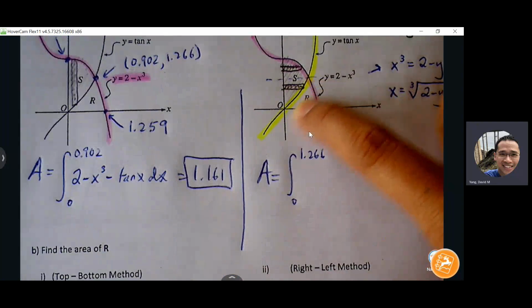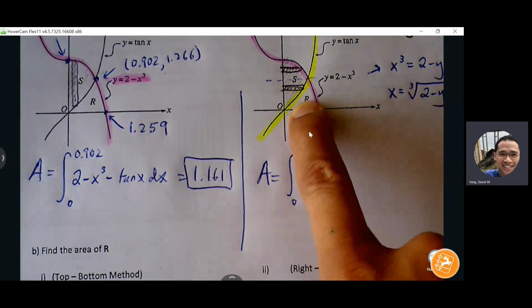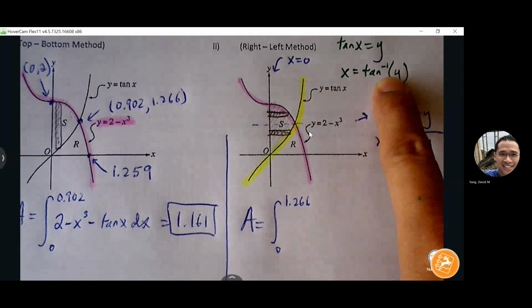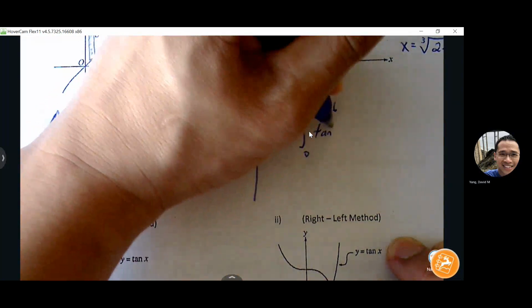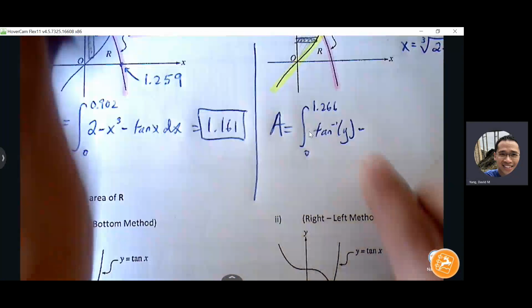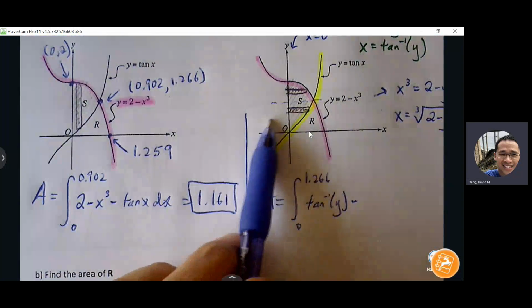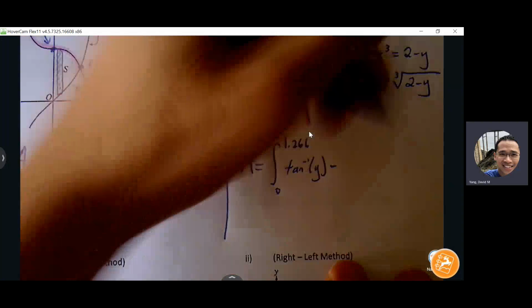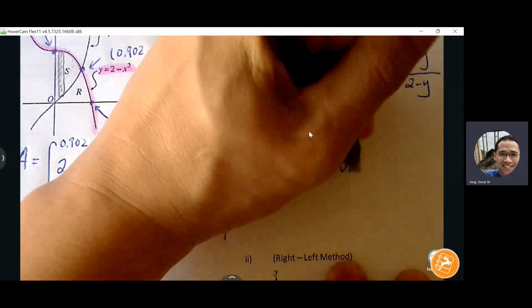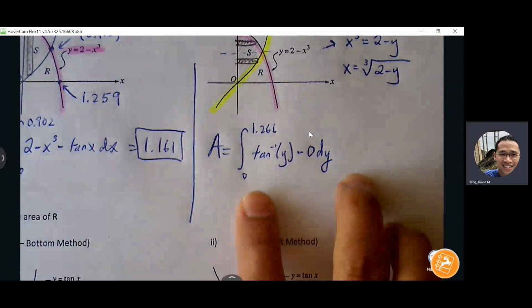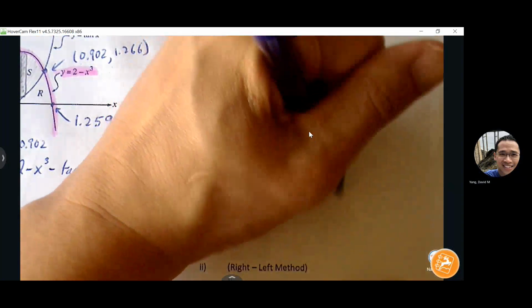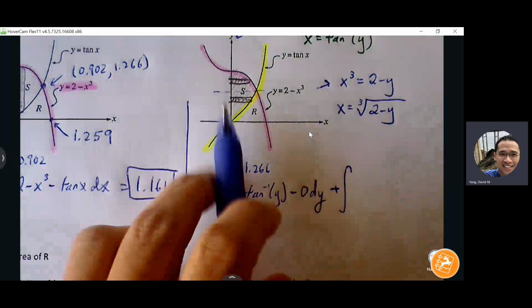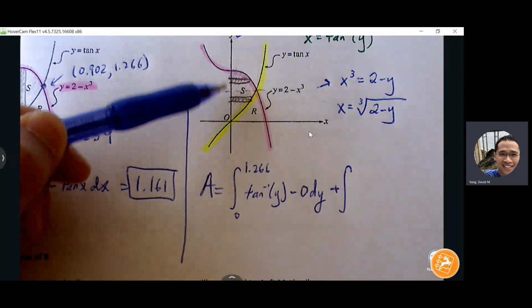The graph on the right, for the yellow, is inverse tangent of y, minus the left graph. What's the graph on the left? 0. We'll close that off. That's my first formula, plus the definite integral, now let's pick off the upper half region